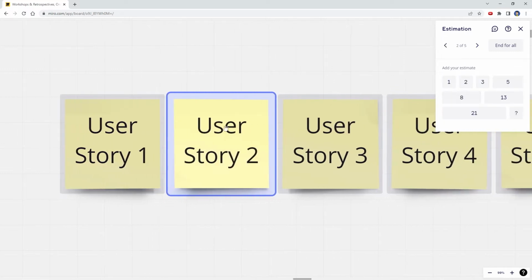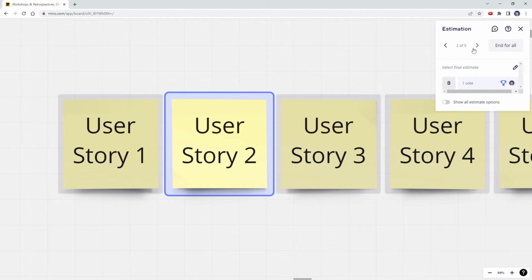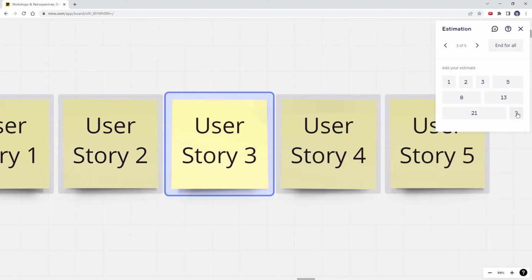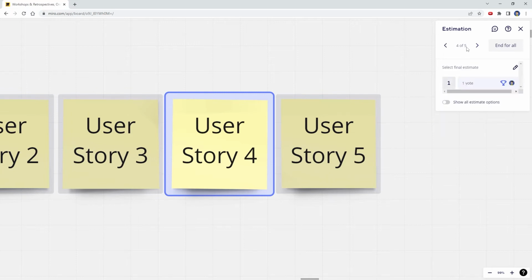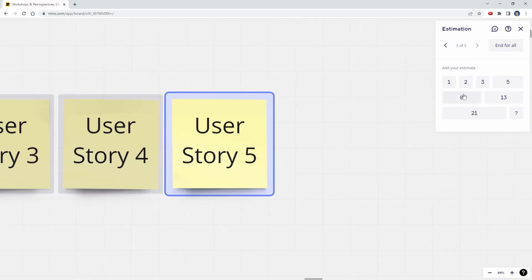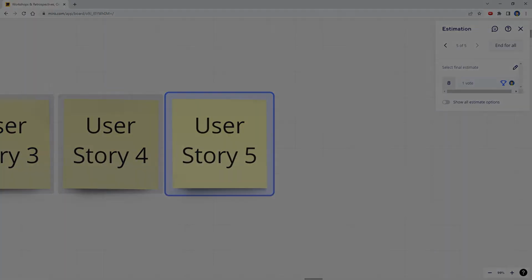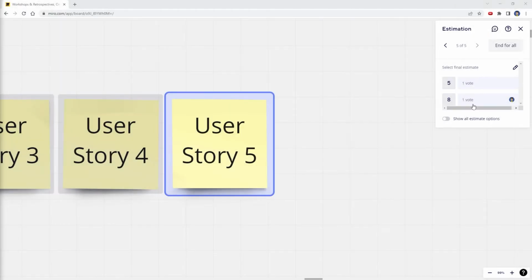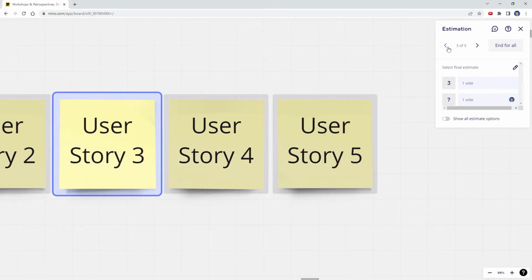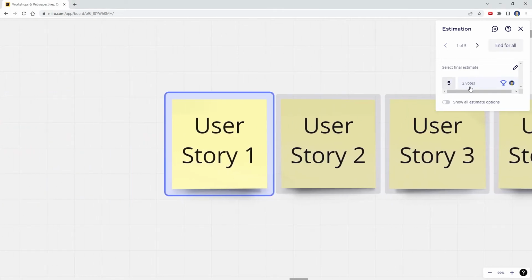I jump to the next one. Okay, I think this is an 8. To the next one, no clue what it is. To the 4th, it's a 1. And the 5th one, it's also an 8. Now let me shortly vote as a second user. Now the second user has voted, and now I see when I jump to the first story, okay, 2 votes